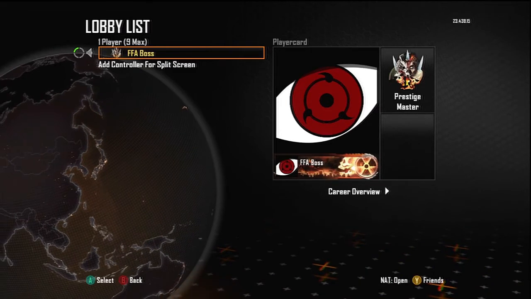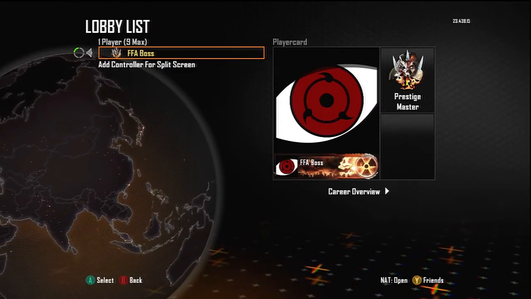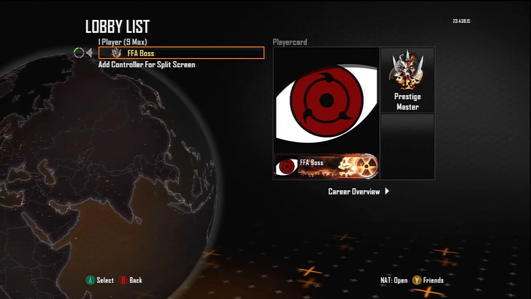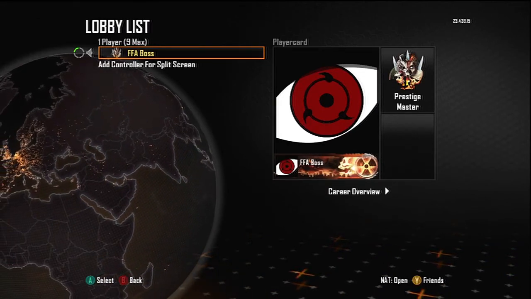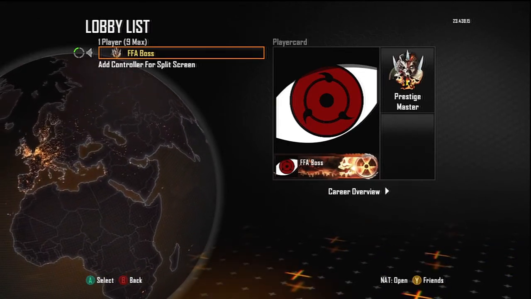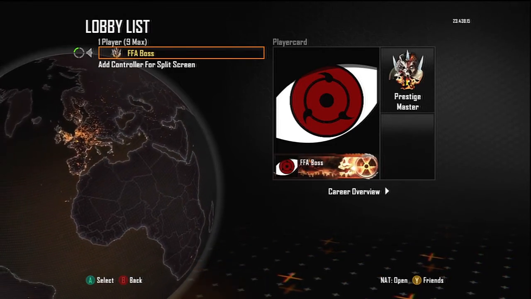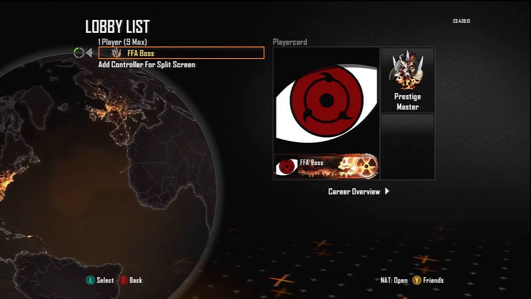I just basically woke up, but anyway, I wanted to bring you this video. I told you I was going to do this video. I'm showing off my Master Prestige. I've reached Master Prestige, I think, in 7 days or 6.5, and I wanted to show you what it looks like, and show you my stats and my custom classes,